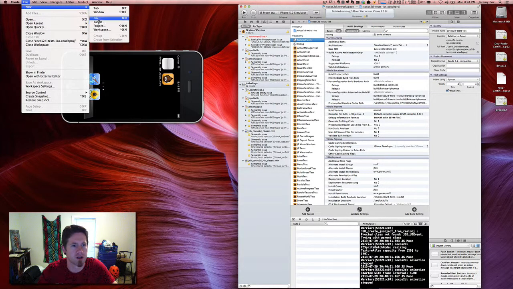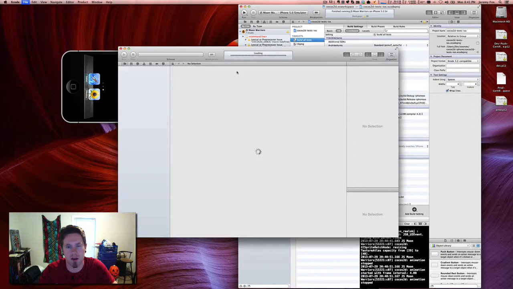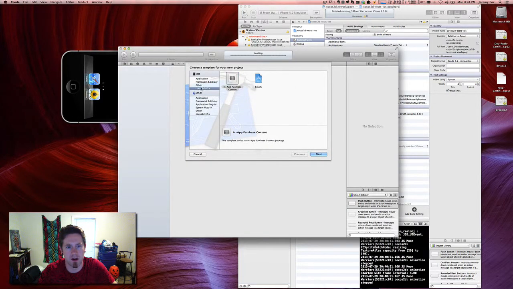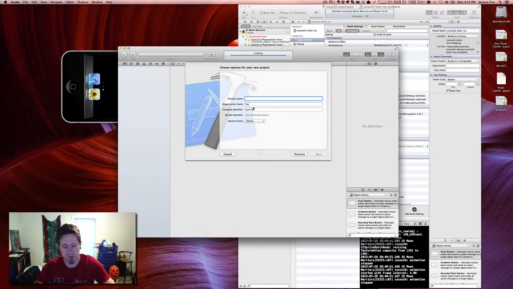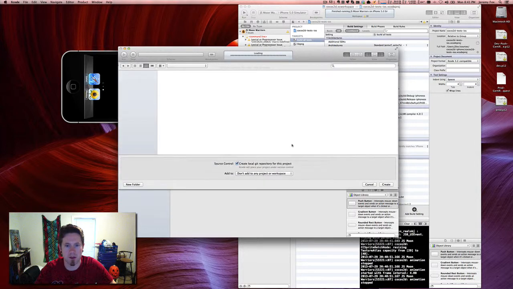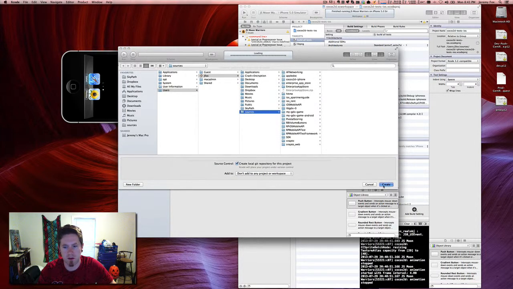We can actually go like this and say new project, and you'll see here, here's some of the Cocos 2D starting points, I guess, installed with Cocos 2D. So if I just want to do an absolute base project, it'd be Cocos 2D iOS. I can also do Cocos 2D iOS with Box 2D, with Chipmunk, and with JavaScript. So say if I just want to do the base one, I can do foo, next, create,